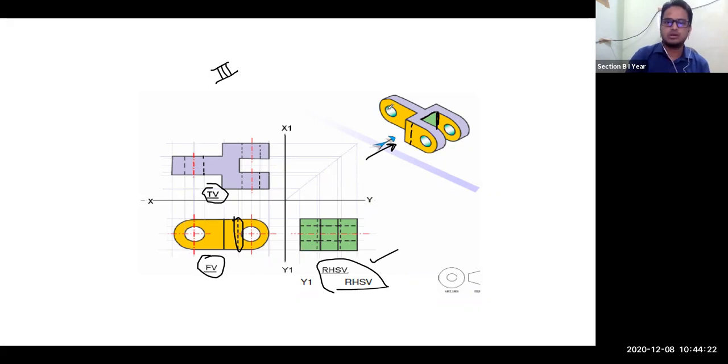There is one hole. So this hole is represented over here, and you have two holes at this location, hole number 1 and hole number 2. They are overlapping, so here only one circle you are able to see. But here in the top view, you are able to see that there is not only one hole, there are two holes, but they are at different faces. So this is your face number 1, suppose, and this is your face number 2. In this figure, if you have any doubt, you ask me.